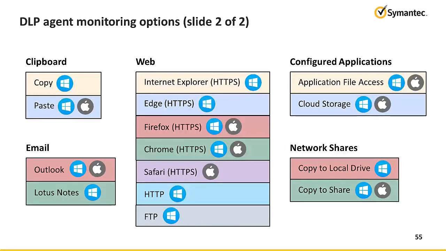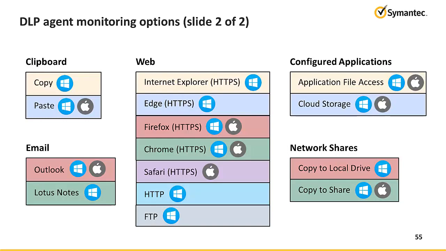Note that to monitor Chrome running on Windows endpoints in Metro mode, the Application File Access option must be enabled for the Google Chrome item in the Global Application Monitoring list found at System, Agents, Global Application Monitoring to work. Note, however, that if users will not be running Chrome in Metro mode, you should not enable the Application File Access option because selecting the Chrome HTTPS option in the agent configuration automatically enables application monitoring for Chrome. Consequently, manually enabling the Application File Access option for Google Chrome in the Global Application Monitoring list will result in